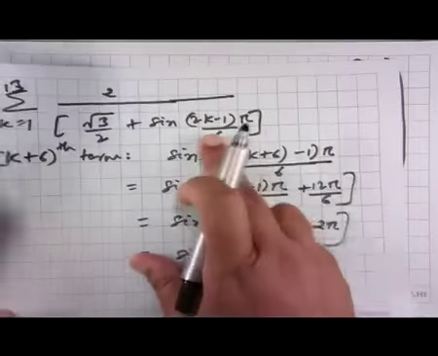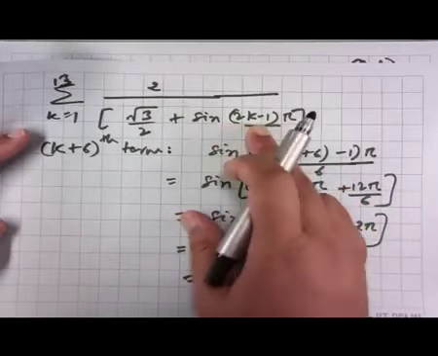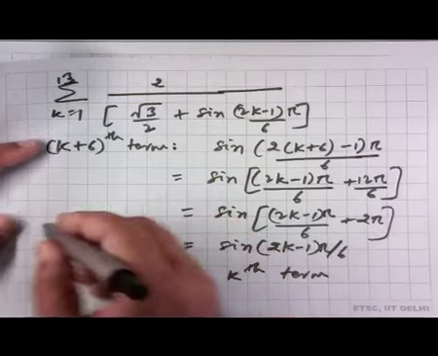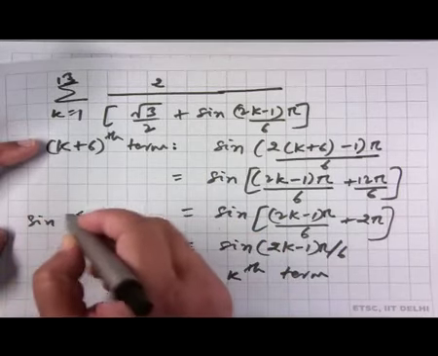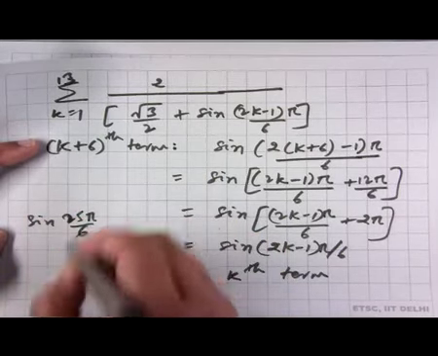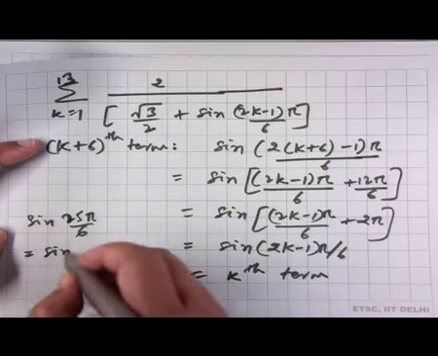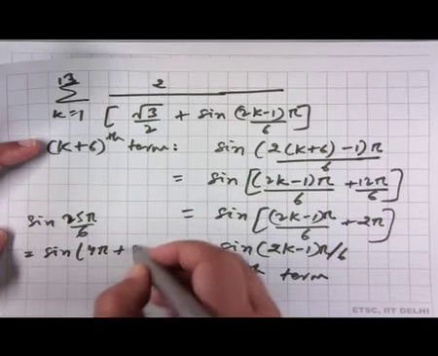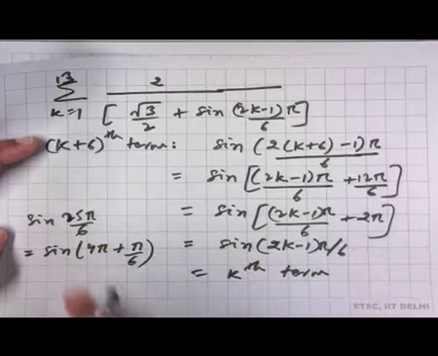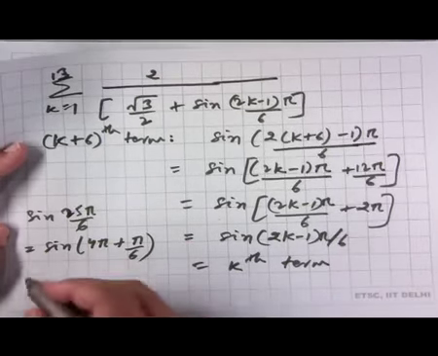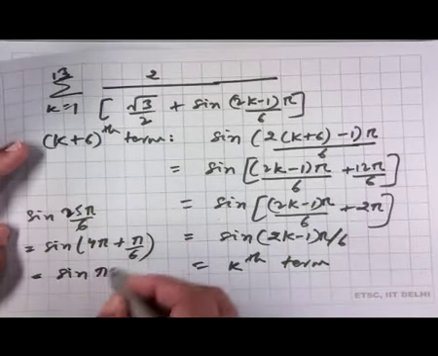So, when we put k equal to 13, we get sine of 25 pi by 6, which is equal to sine of 4 pi plus pi by 6. But sine of 4 pi plus pi by 6 is the same as sine of pi by 6, because